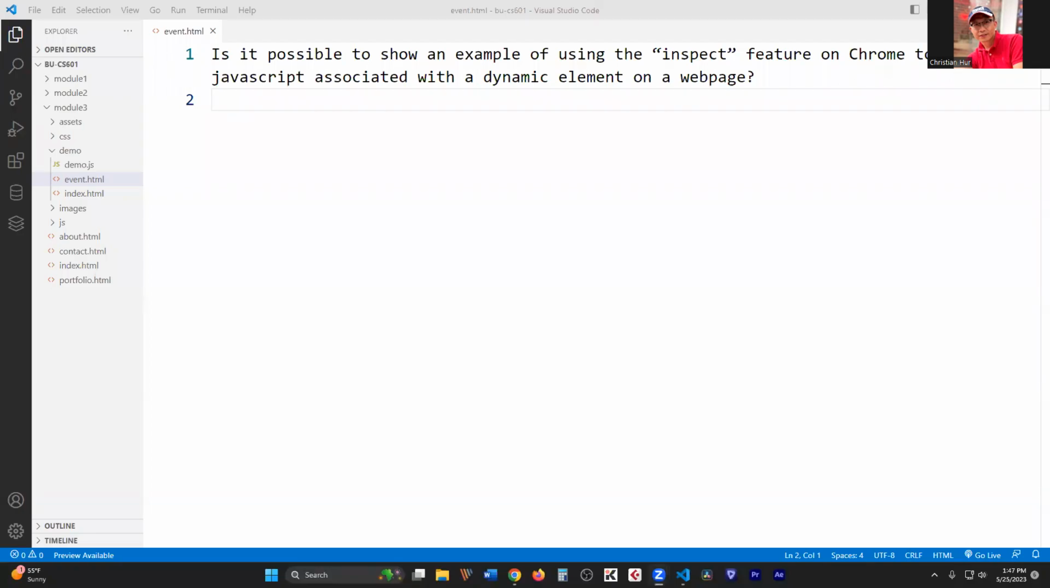All right. Hey, class. I just remembered there was a question asked during the live session, asked by, I think, Chris Ceravola. Please forgive me if I mispronounce your name, but you were asking, is it possible to show an example of using the inspect feature on the Chrome browser to find JavaScript associated with a dynamic element on the web page? And I mentioned to you that I would do that at the end of the session, but I completely forgot